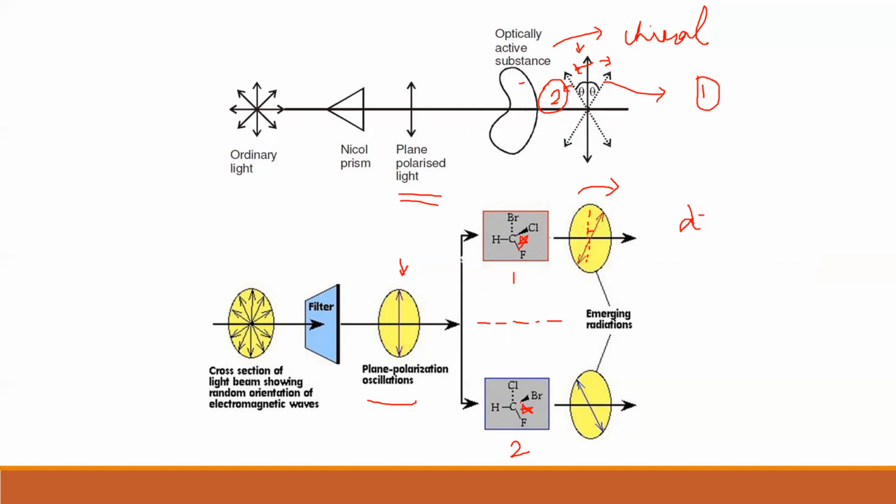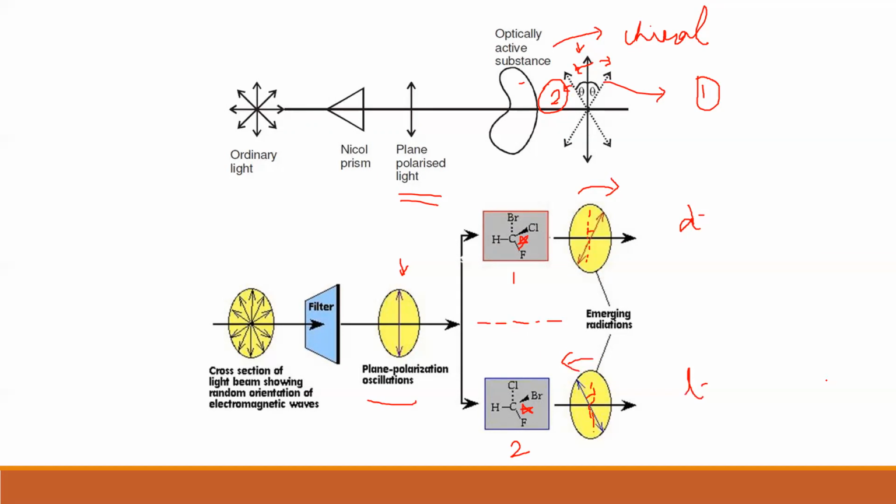Clear? Then coming to the second compound, the mirror image. The mirror image will rotate the plane of polarized light to the left. Look at how it is rotating. It is rotating the plane towards the left. The original direction was like this. This is actually a straight line, but I can't write it that way because of the inadequacy of the mouse. But this is my theta, the angle with which this plane is rotated to the left. If it rotates to the left, we call such a form a levorotatory form.